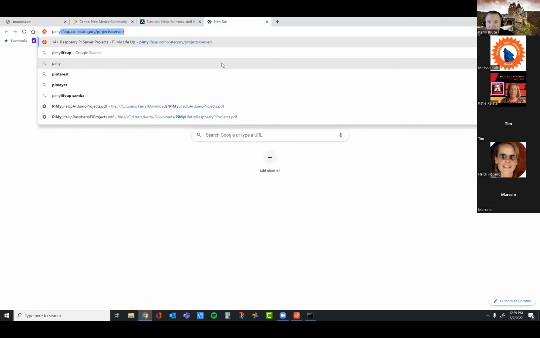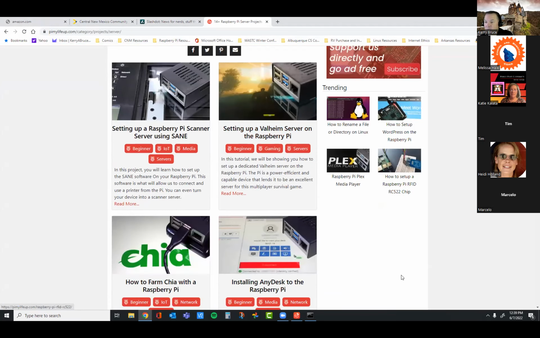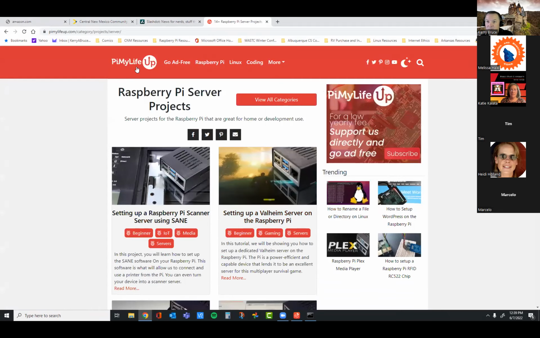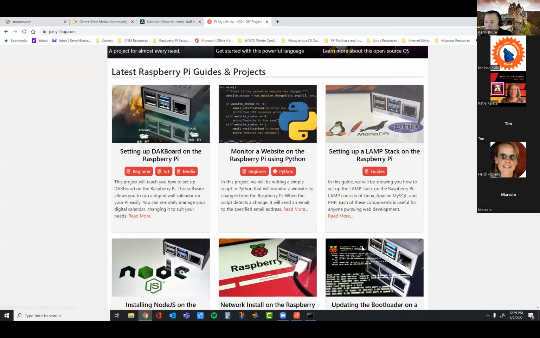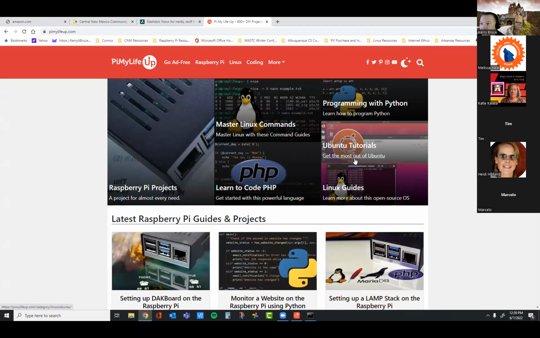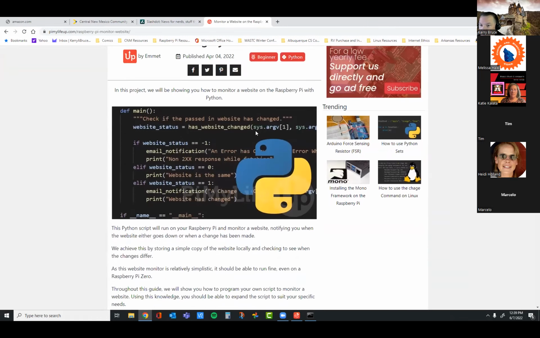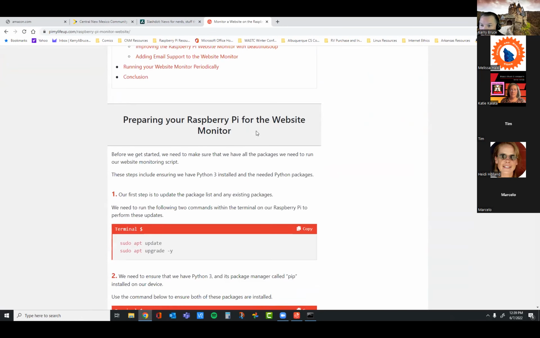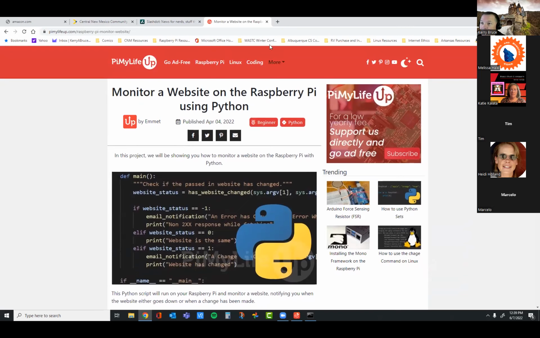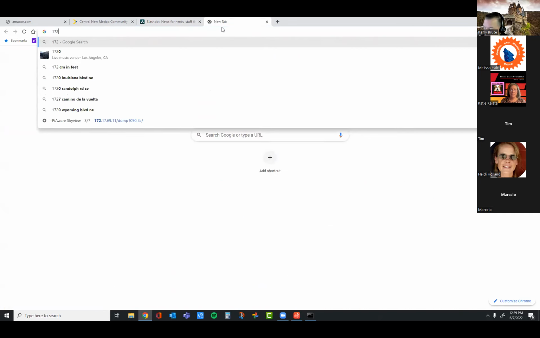Usually Pi My Life Up has ads, and since I've refreshed my browser, I don't see the ads on here. I have a subscription because I like what he's doing, so I just pay the $20 a year to block ads, but I'm not logged in, so the ads would normally be here, and they're all being blocked, and it's nice and clean. So it works once you clear your cache and restart your browser. I like that. What do you guys think of that?